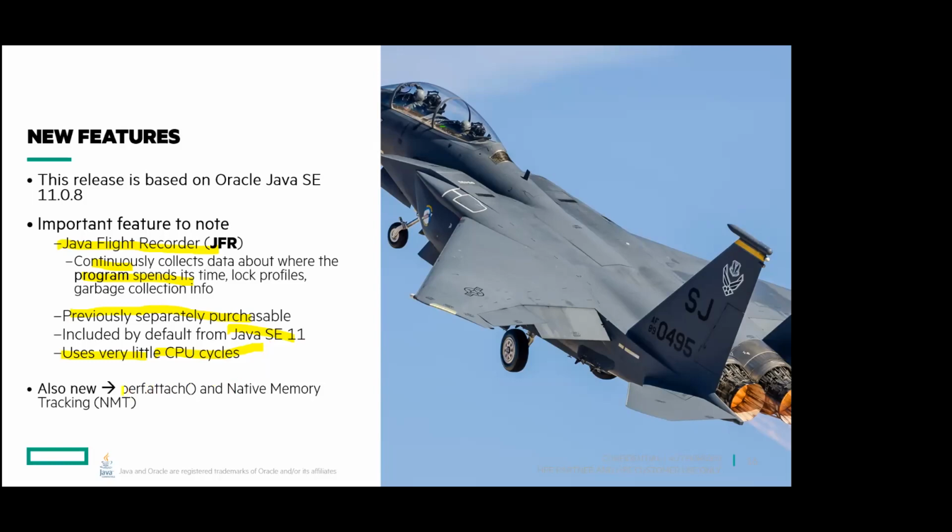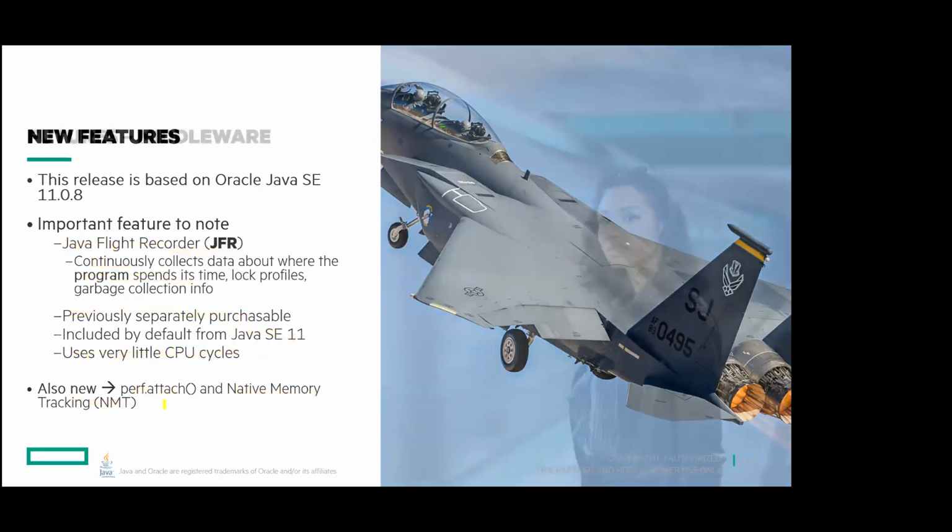Apart from that, there are two more good features, but I cannot talk about them because we don't have time. Perf attach actually helps you to analyze how the application is using the memory, its heap memory, because a lot of details are provided there. And native memory tracking is also tracking the memory, but in this case, how the JVM is using the memory, not the application heap. Again, the middleware talk that I did in TBC has a lot of details.